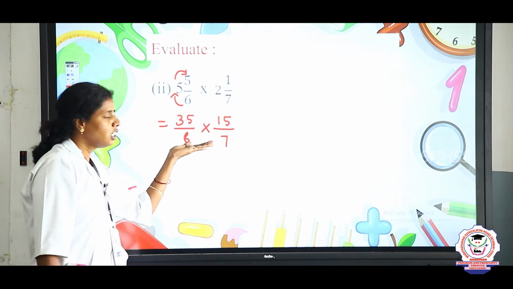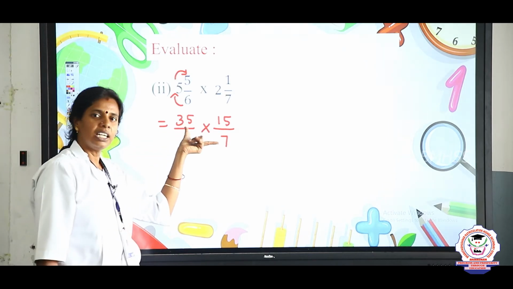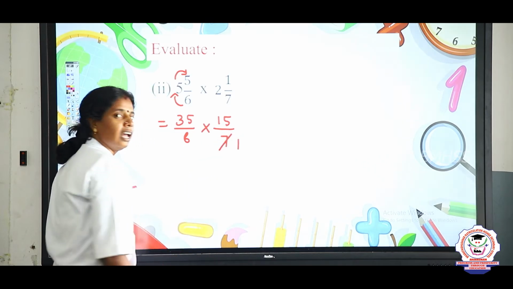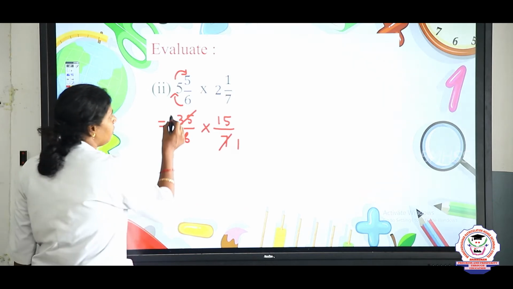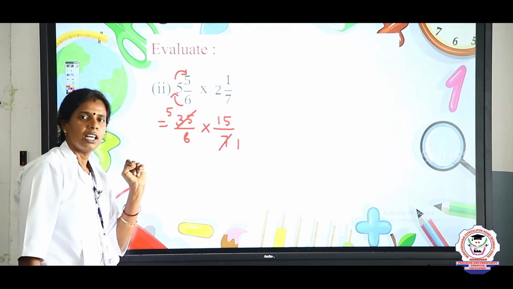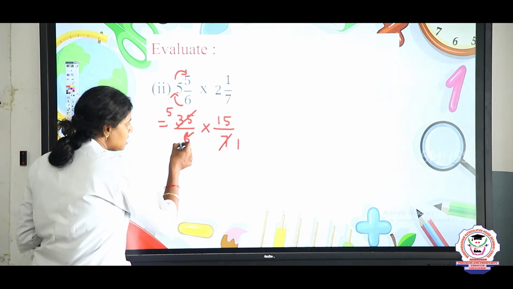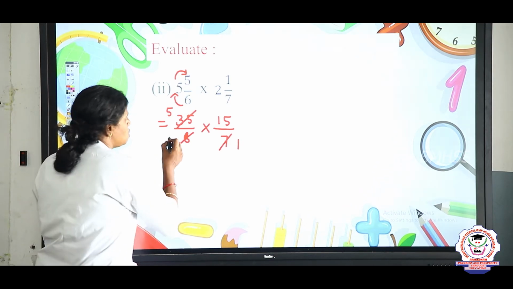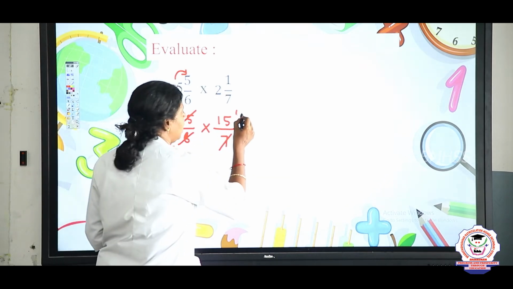Now, we will change this into the simplest form, then we can find the product of the fractions. For 7 and 35, there is a common factor, right? So, how many times can we cancel this? 1 time. How many 7s in 35? 7 5s are 35. Okay. Now, 15 and 6 have the common factor in which table? In the 3 table. Yes, very good. So, cancel this. How many 3s in this 6? 3 2s are 6, 2. How many 3s in this 15? 3 5s are 15. Very good.